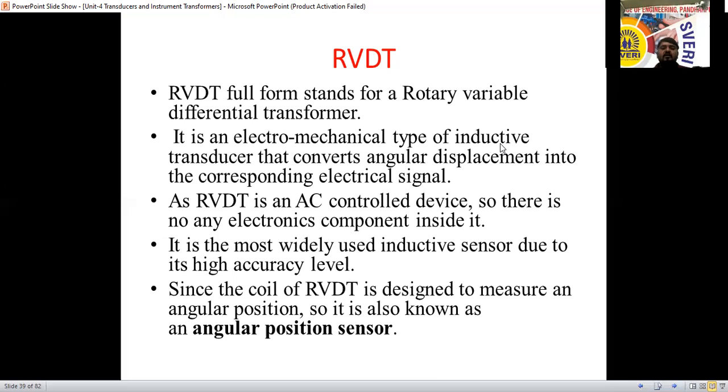One is linear, this is rotary; all other things are the same. Only the first letters of the two names are replaced. L is linear, meaning linear displacement, where the output varies linearly with the displacement. Here it is the rotary variable differential transformer, which involves rotation. We fix an iron part that is going to rotate. The full form of RVDT stands for